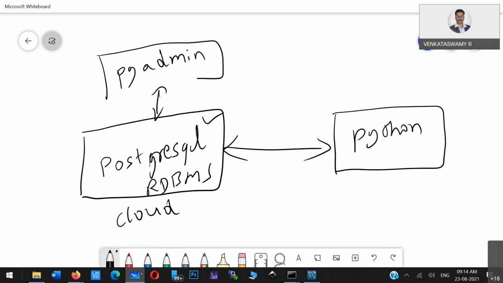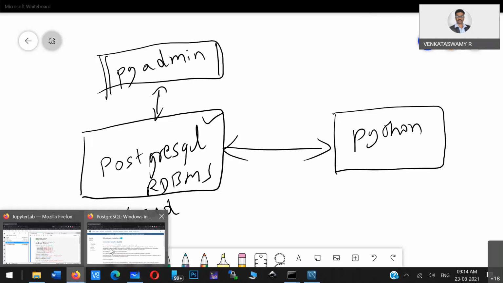This is quite popular for PostgreSQL. pgAdmin is an IDE used for modifying PostgreSQL databases. Any PostgreSQL database management can be done using the pgAdmin IDE. So let us learn that tool also.